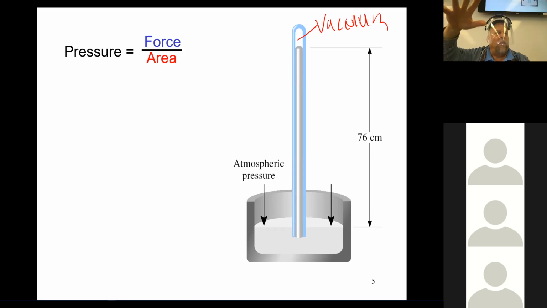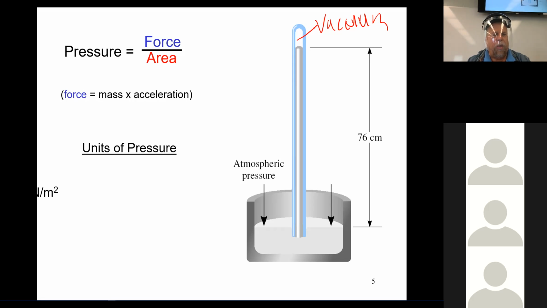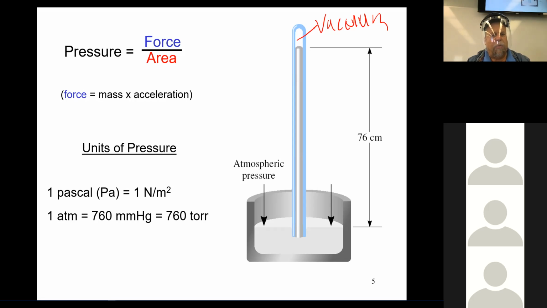That provides a force to it. Okay, and the unit area would be like pounds per square inch or something like that. That's the classic thing for that. And force is mass times acceleration there. The units of pressure would be the Pascal, newtons per square meter. And it's also in atmospheres. And this is the one you're going to use the most, 760 millimeters of mercury, or 760 torr. That's the unit for pressure.